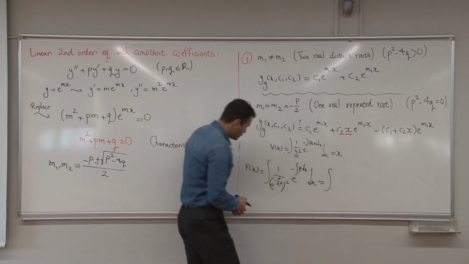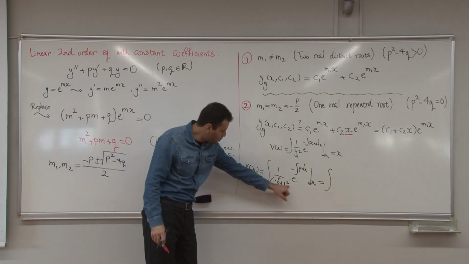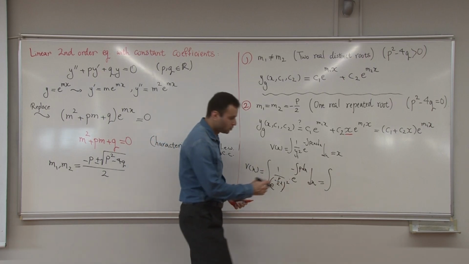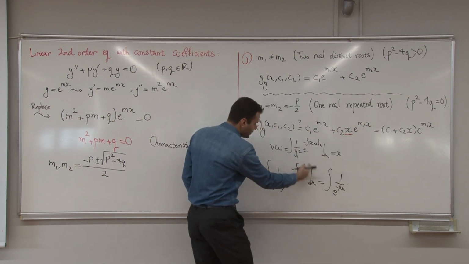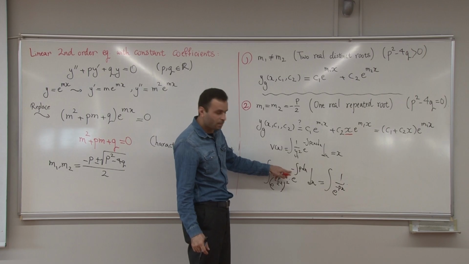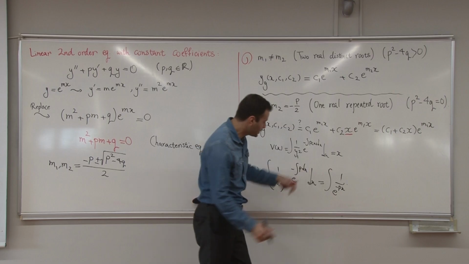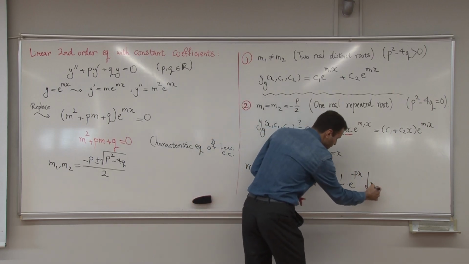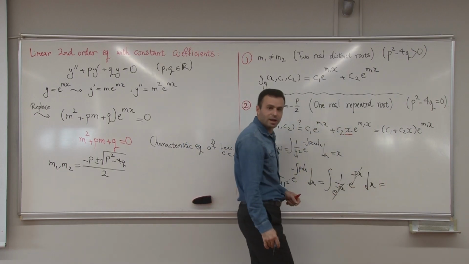Now, let's make simplifications. What is this? If this 2 is multiplied to this one, I have e to the power of minus px, right? So I have e to the power of minus px. Here, what is this integral? P is again a constant. Take it out of the integral. Integral of dx is x. So this is e to the power of minus px, e to the power of minus px with this dx. Then what do I have? This one and this one cancel, and I'm calculating integral of